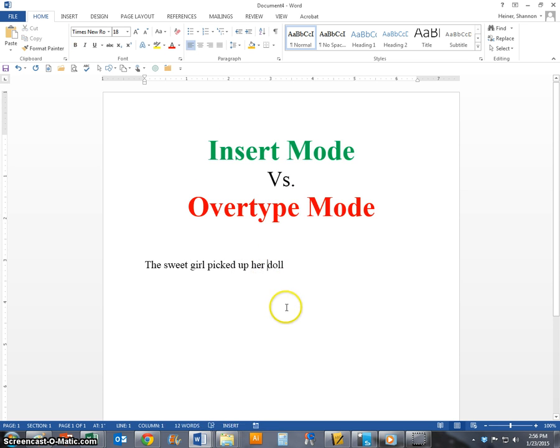I can do that again with doll. I type in pretty doll and it pushes it out of the way. Once again, insert mode. However, let me go ahead and delete these words. If I start typing and it writes over the text instead of pushing it out of the way, that's called